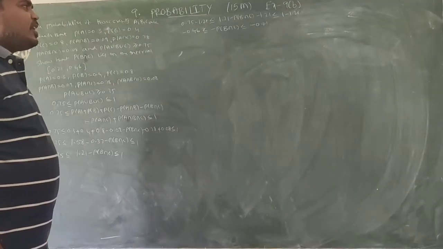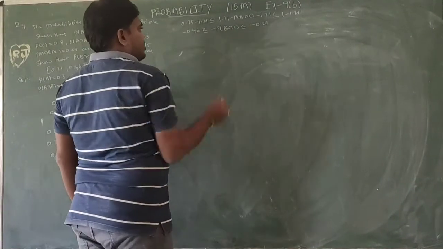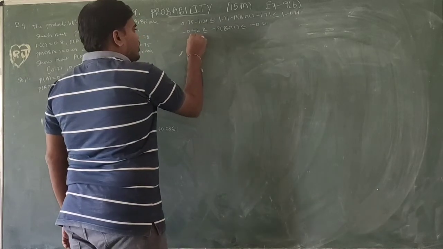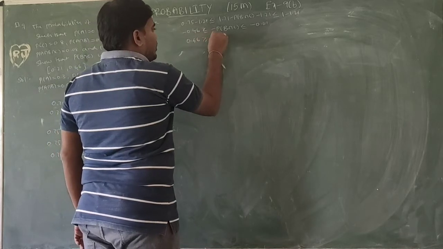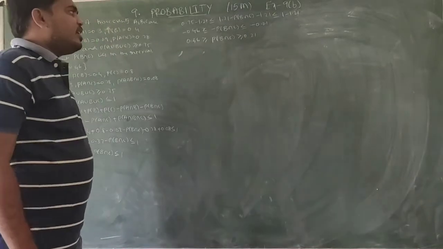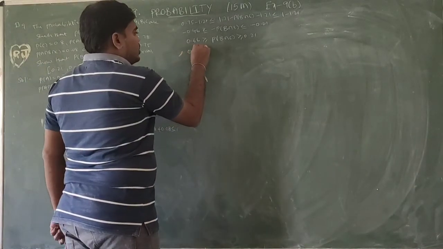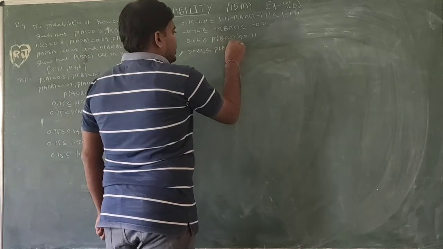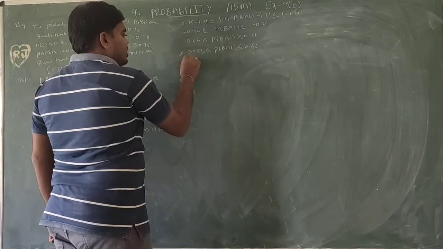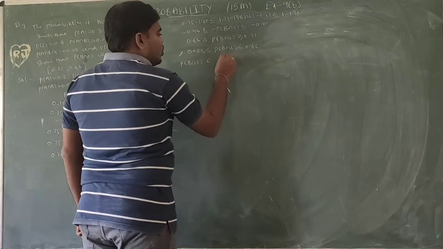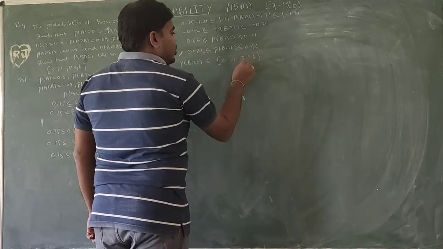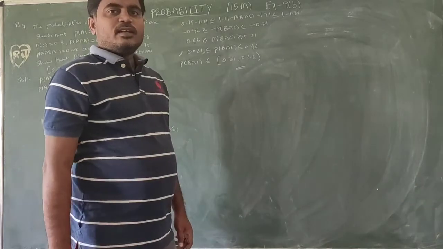So multiply by negative on all sides. When we multiply by minus, ≤ becomes ≥: 0.46 ≥ P(B∩C) ≥ 0.21. I will write it in ascending order: 0.21 ≤ P(B∩C) ≤ 0.46. So P(B∩C) lies between 0.21 and 0.46. Even when it is equal, so we need to take the closed bracket. So this is the required result.